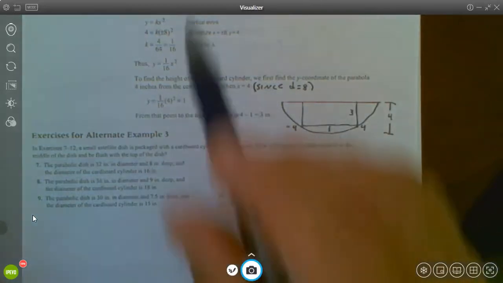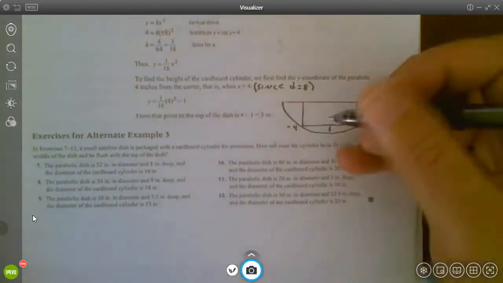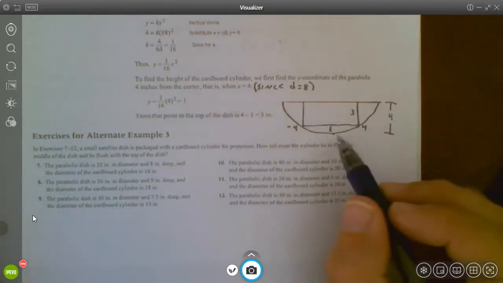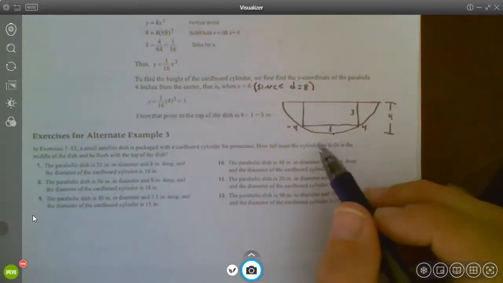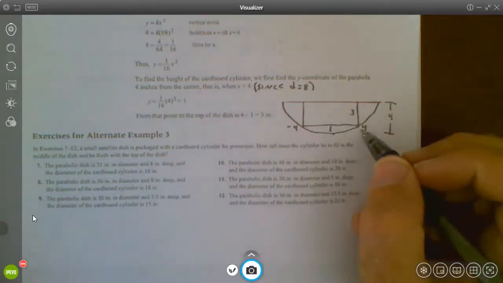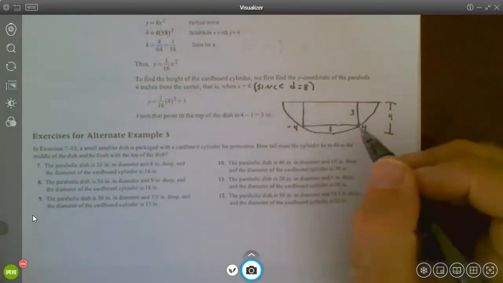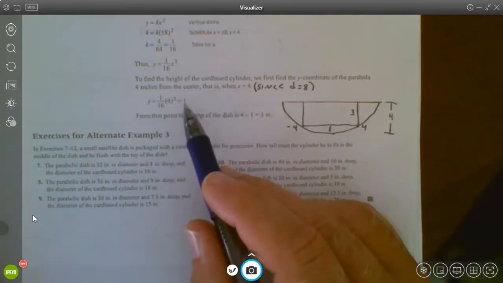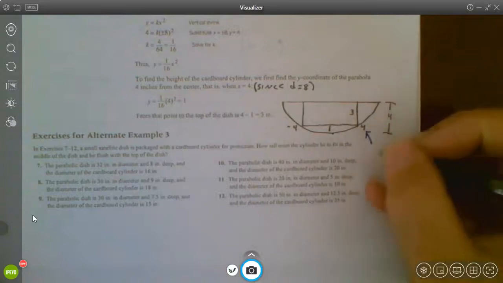So in terms of the coordinate plane that they had up above, remember this was at 0, 0. And so if this is 8 units long, that means it would be 4 to the right and 4 to the left from there. So that's why I know these coordinates have an x coordinate of 4 and an x coordinate of -4. So we're going to come up with this point right here. Knowing that our x coordinate would be 4, we can sub that in. And that tells us that the y coordinate at that point is 1. So that created a point right here for us